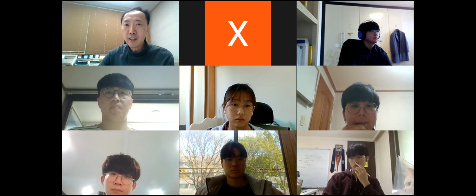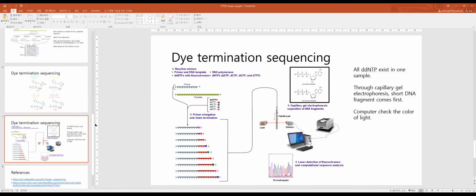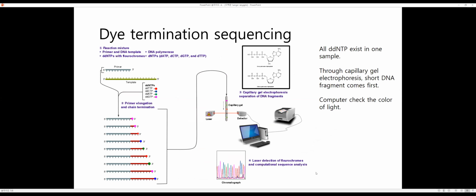Why accuracy is higher in Maxam-Gilbert? I mean accuracy is higher because the primer part cannot be sequenced, as I know.